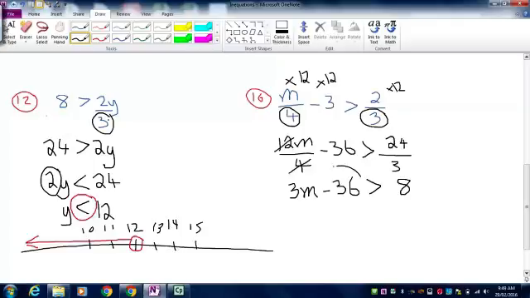So moving this 36 over to the right hand side will leave me with a 3m on the left, and then on the right hand side I get 8 plus 36, which gives me 44, and then m is greater than 44 on 3,